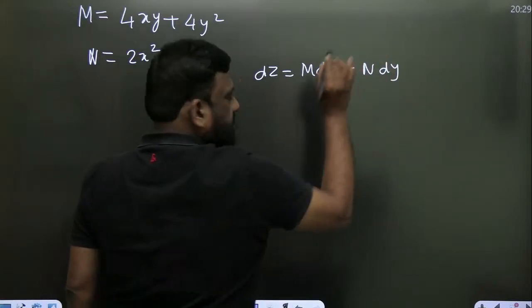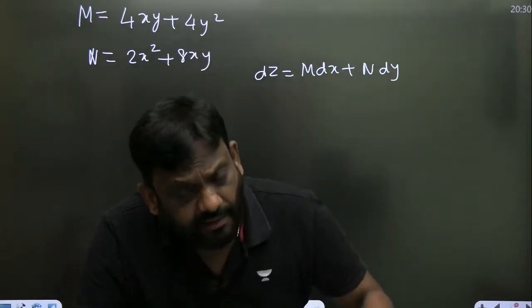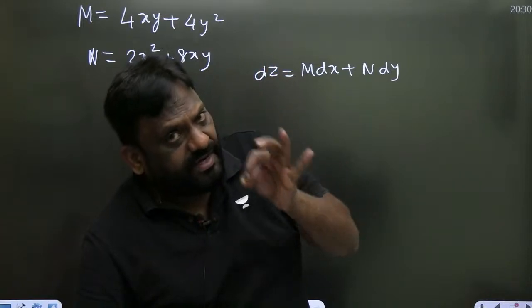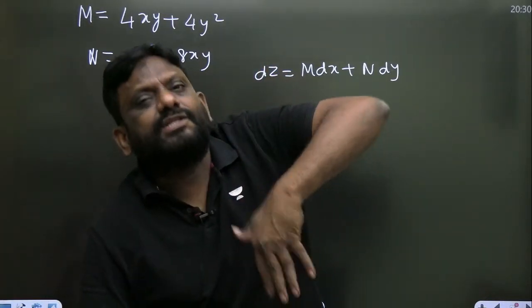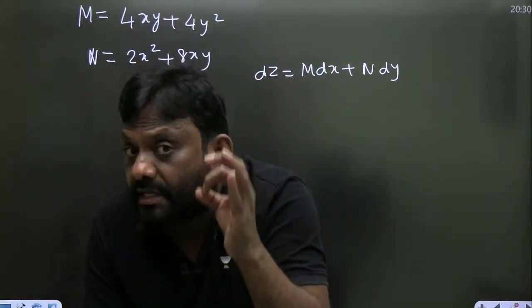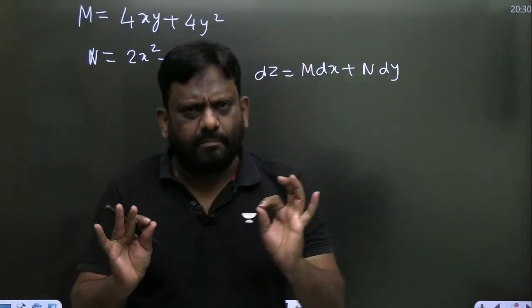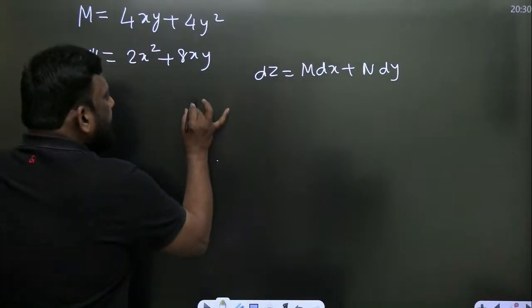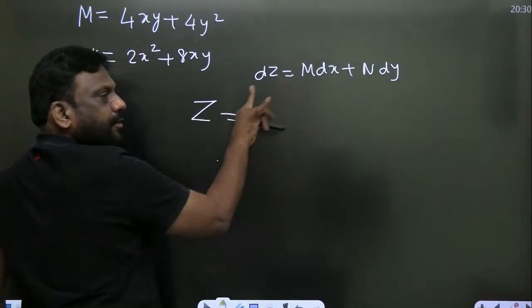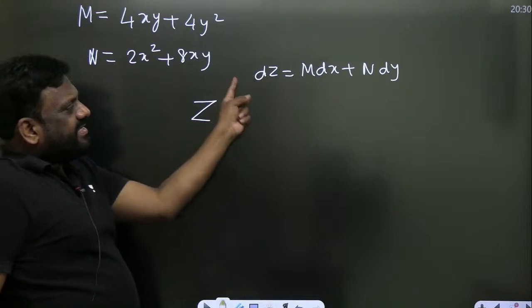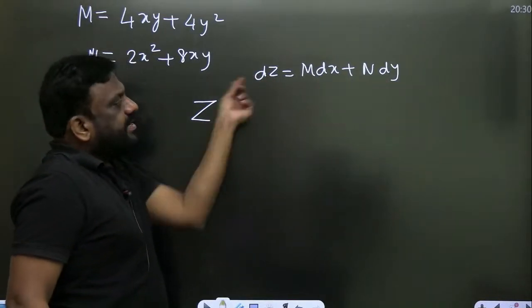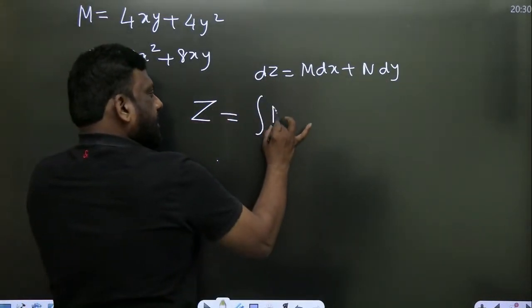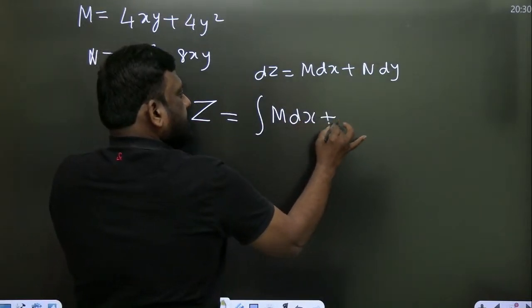Any problem, sir? Yes, second part is very important. We have seen that it is a property. If it is a property, what is the value of z? थोड़ा मैथ्स में बताऊंगा. This is expected one. If I want z, what should I do? Integrate करो. अरे it is in differential form. If you want z, you integrate this. तो M dx plus N dy.